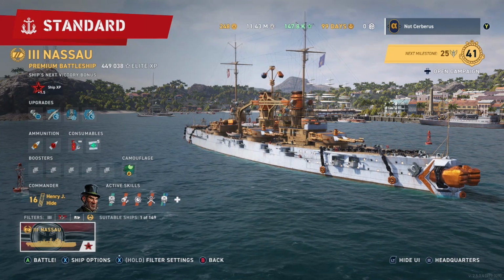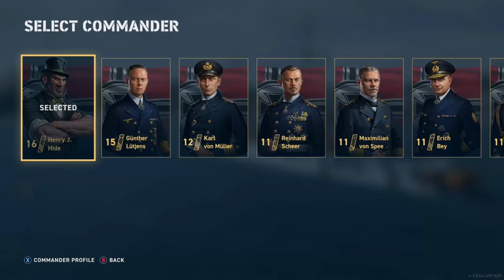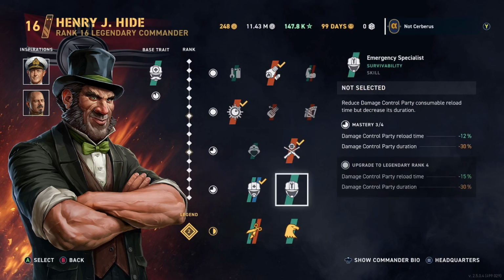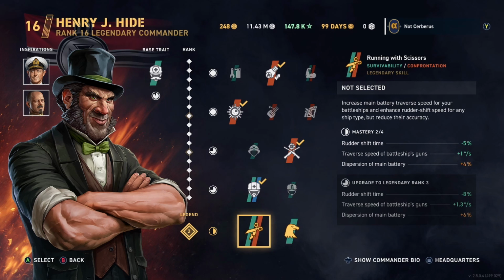I'm using Henry Hyde as my main commander, and on him we have Flammable Cannoneer, Porcupine, Marksmanship, Master Mechanic, and I have left these two blank deliberately because this commander's not maxed out. If I was to accidentally pick one of these skills because of the level he is at, I